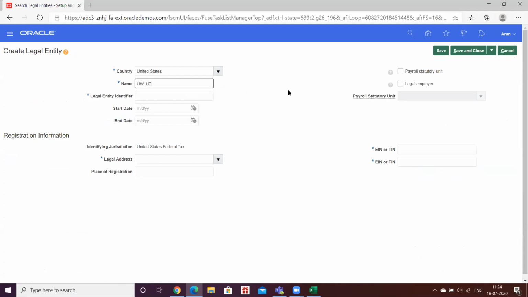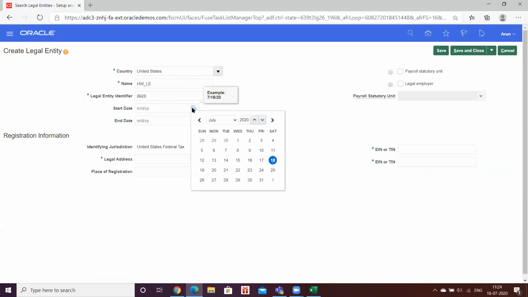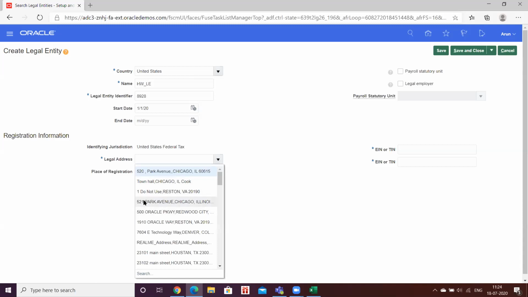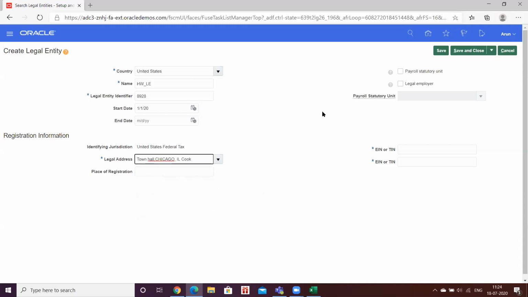So I'll show you how to create location also. So I'm creating town hall address. So I have selected payroll statutory unit and the legal employer. The reason why I have enabled this as a legal employer is that if I wanted to use this for